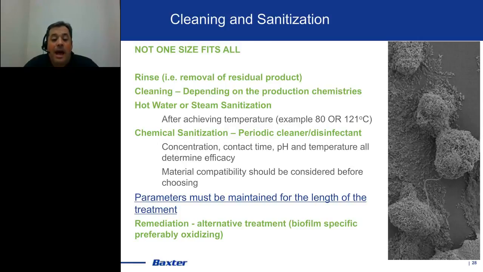All right, and then I highly recommend that you have some type of remediation backup plan in place prior to having a problem, because if you are shut down because your system's contaminated, it's not a very fun spot to be, and you want to have that alternative treatment in your back pocket. You could potentially use the same treatment as what you do currently, but usually you have more tolerant organisms that have potentially survived it in the past. And what it's going to take to make that effective is going to be challenging. So you're probably better off having some type of alternative just in case. I personally prefer some of the oxidative sanitizers, but there are certainly a number of things out there that can be used.